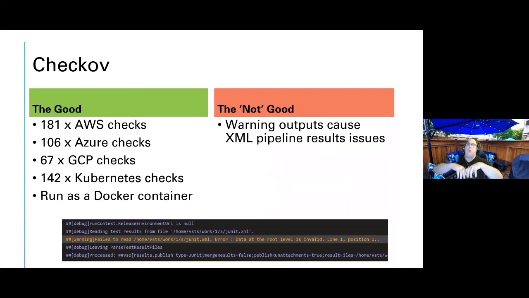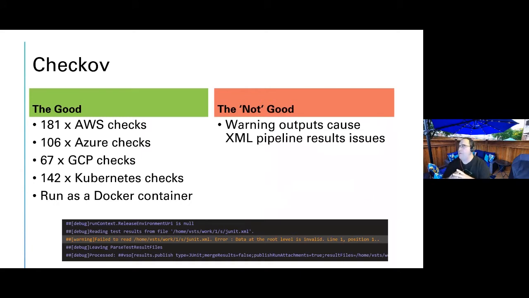So being able to encapsulate Checkov into a container and run all the scans and processes within a Docker container, and then throw that away once the scans are done, is super clean. You don't have to worry about anything residual left on the build server.